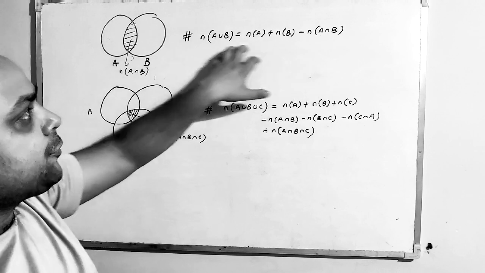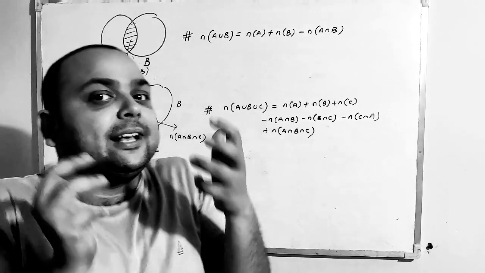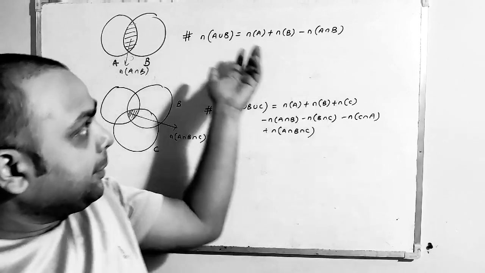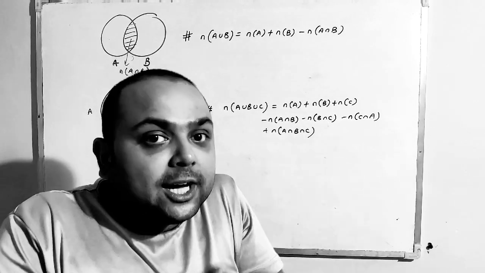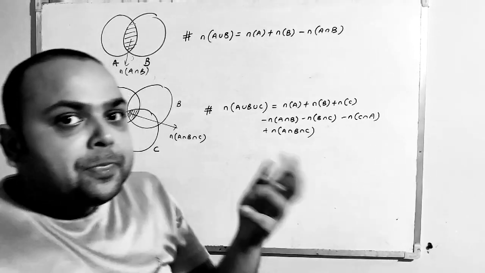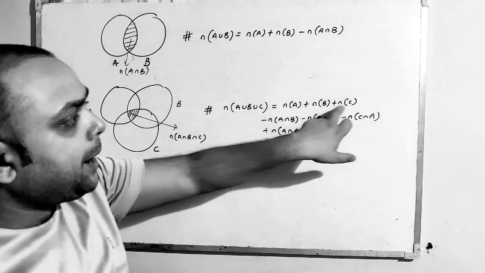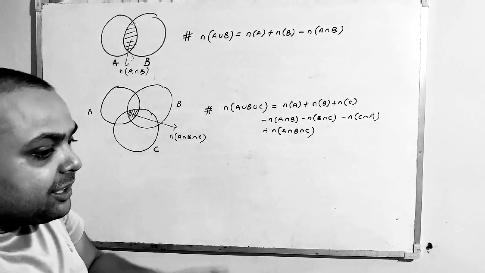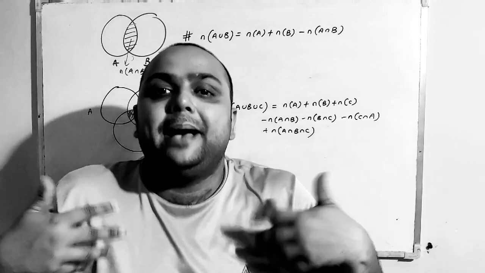Now we can understand this formula using the Venn diagram concept. I will explain this with one example also in the later part of the video or in the next video. But before that, you have to understand the formula concept: in order to calculate the union, we have to add A and B and then subtract the common part. Similarly, for three sets, to calculate the union, we have to add all the parts, subtract all the pairwise intersections and add the intersection of all three. So using these two formulas, we are able to solve many problems.